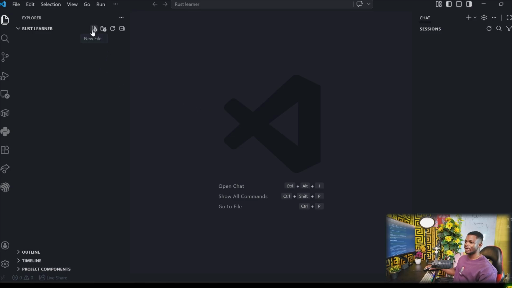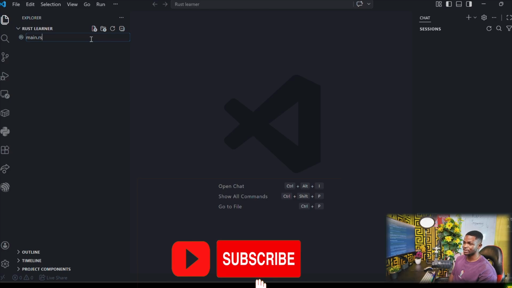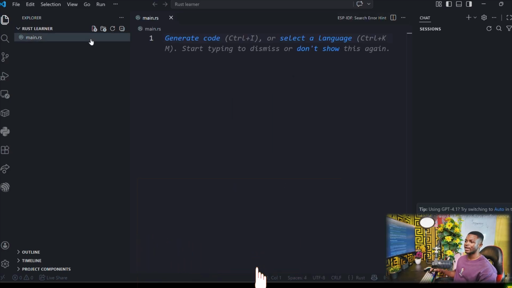So to do that, I'll come here, click on new file, and I'm going to name this file main.rs. Guys, the rs is very important. You know how when you're writing Python or JavaScript or those other programming languages, you do main.py. So the py is the extension for Python. Rs right here is the extension for Rust. Make sure any file that you create, you add the rs extension to it, which is Rust. So once you are done, make sure you hit enter, and trust me, you have created your first